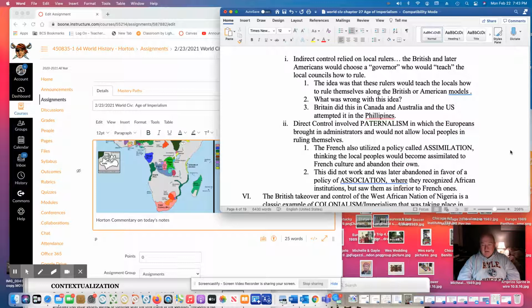Oh, in Australia, it was much worse because the Aborigines had made the mistake of being really not white, and the British government for a time, and later the Australian government for a time, put a bounty on the heads of the Aborigines, the native indigenous peoples of Australia. And after somebody convinced the British that maybe you shouldn't try to kill these people, they tried to do what